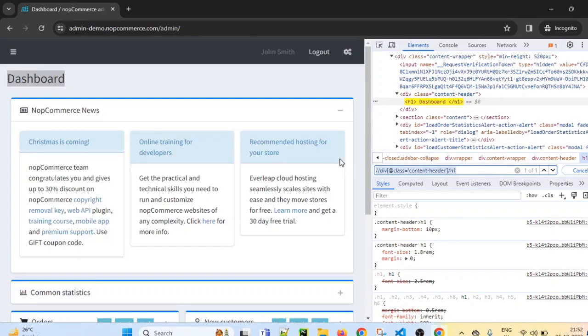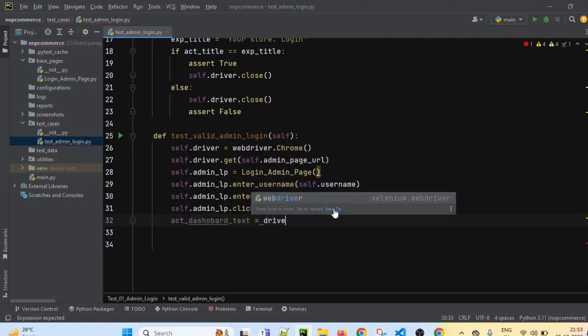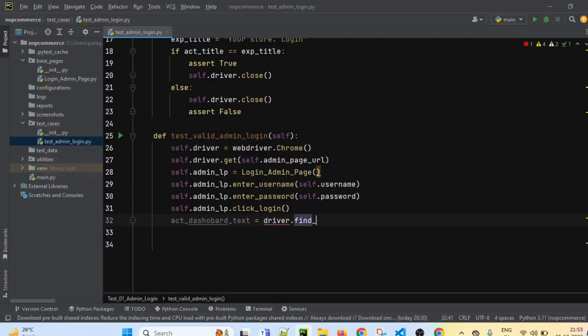So what we are going to do is, we are checking if on this locator, whatever text is present, if it is matching with dashboard text, then it is successful. So I will just add one if condition, or we can first store it. So I will just store actual dashboard text equals to driver dot find element, self dot driver.